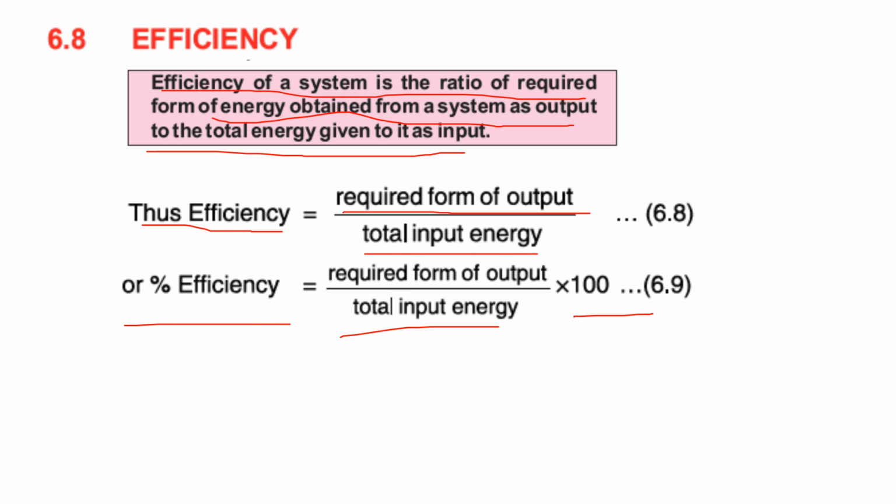So if you see the example of an ideal system, it is a system that gets the same output energy that is equal to the input energy. It means if the system has 100% efficiency, we can say that the system is an ideal system. But in the real case it will not happen. People have tried and done a lot of work on it, but no machine can exist that can be 100% efficient.